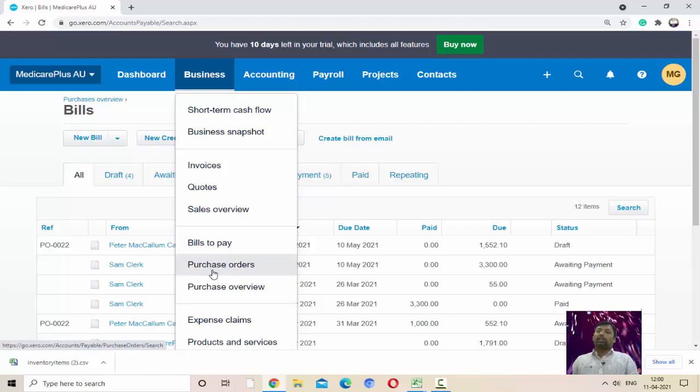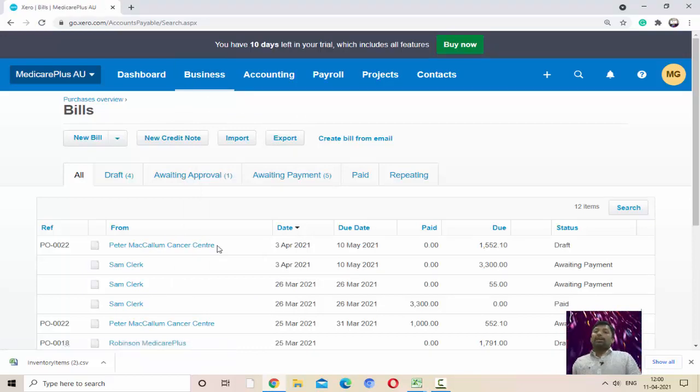After the purchase order, we will create the bill to pay, means the purchase voucher, the purchase bill of that purchase order. After receiving the goods from the supplier, after receiving the purchase order, we will create the bill to pay, means our business has to pay the amount of this bill to the suppliers from whom our business has purchased the goods.